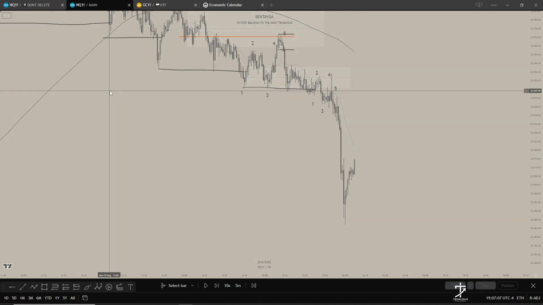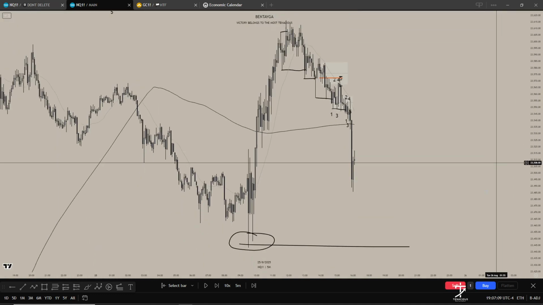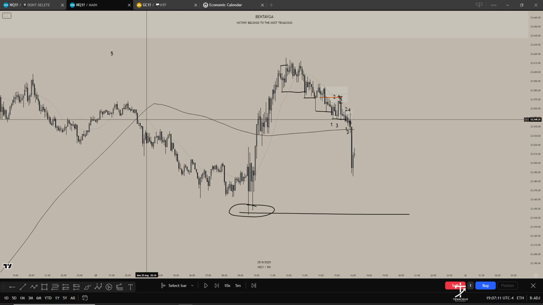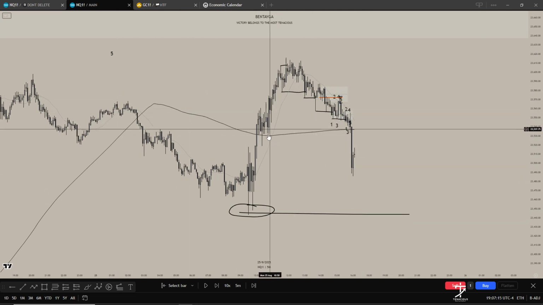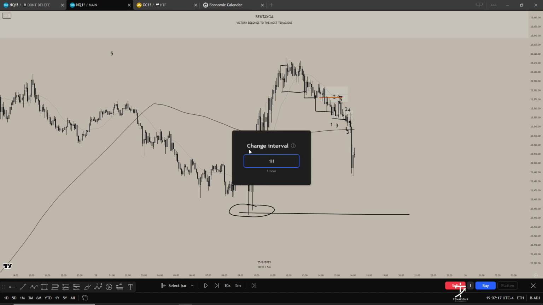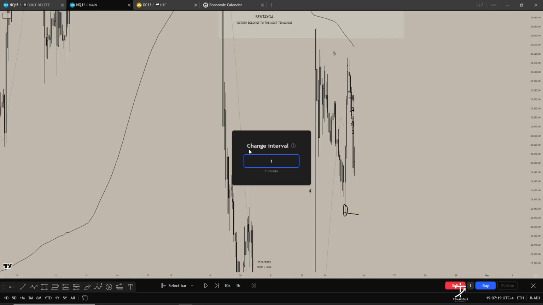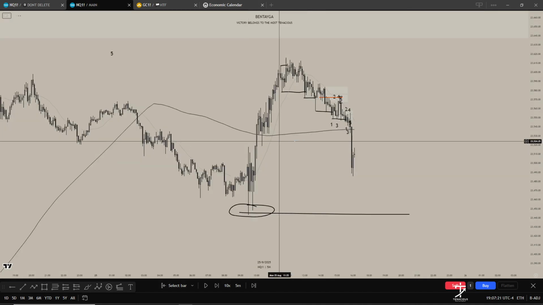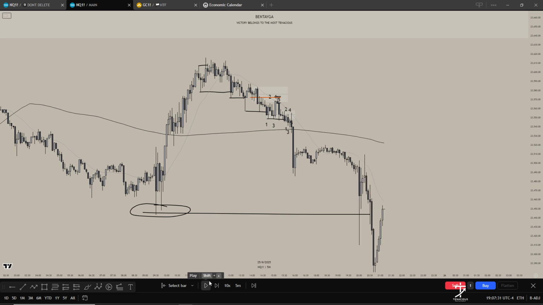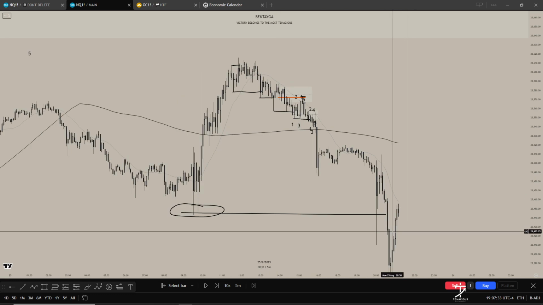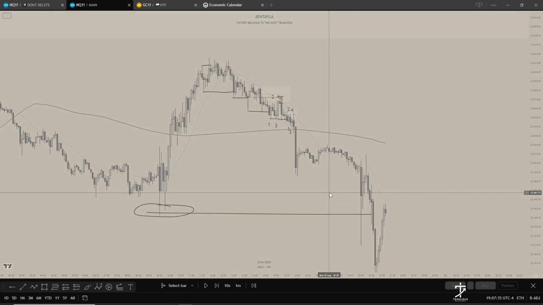So if you go back to our 5-minute chart, as I was saying, on our 5-minute chart, you might say that price is bullish because you have a bullish zone. So if you are looking for shorts, then potentially you are just going to have to wait for that low to either get taken out, or you're going to have to go on your low time frame, which we're just doing, to look for potential shorts. And we close below the lows, and obviously we've gone way past my trading time now.